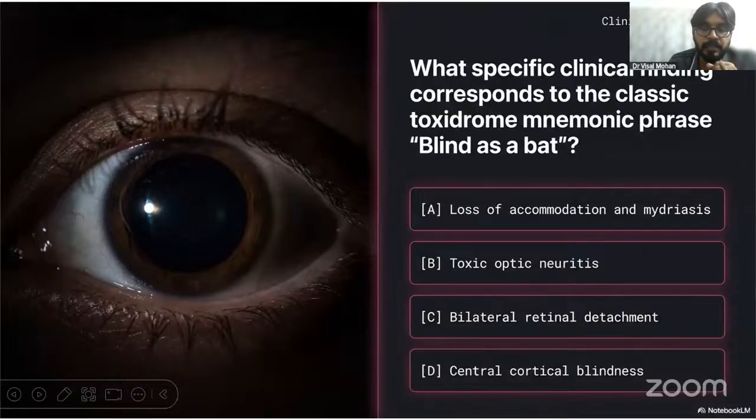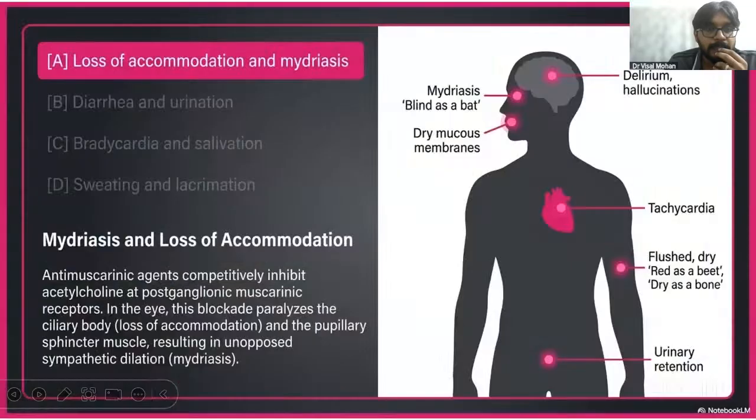So this is basically the one that we checked first. What specific clinical finding corresponds to the classic toxidrome mnemonic blind as a bat? Which is it? Loss of accommodation and mydriasis, toxic optic neuritis, bilateral retinal detachment, or central cortical blindness. Which is it? Yes, it is a loss of accommodation and mydriasis for this patient. Okay, because anti-muscarinic agents inhibit the acetylcholine postganglionic receptors, causing loss of accommodation